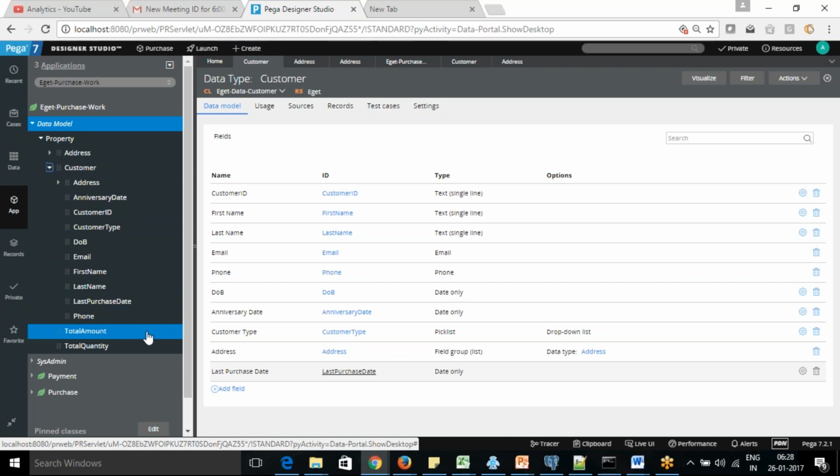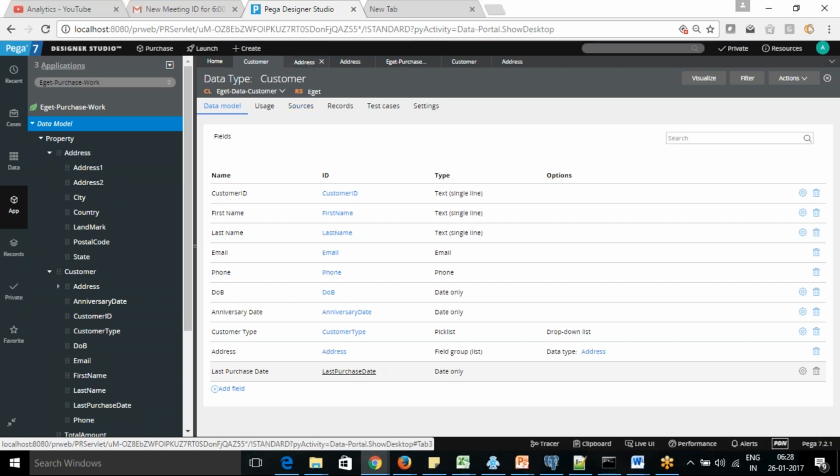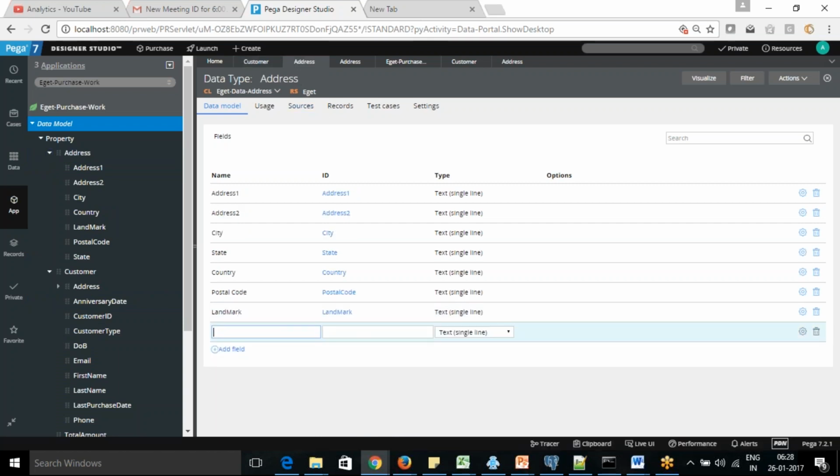And this address at the top, right? If you see in address, we are going to add a new field as well. Say we are going to get the phone number as well, because there will be a different phone number in different places.